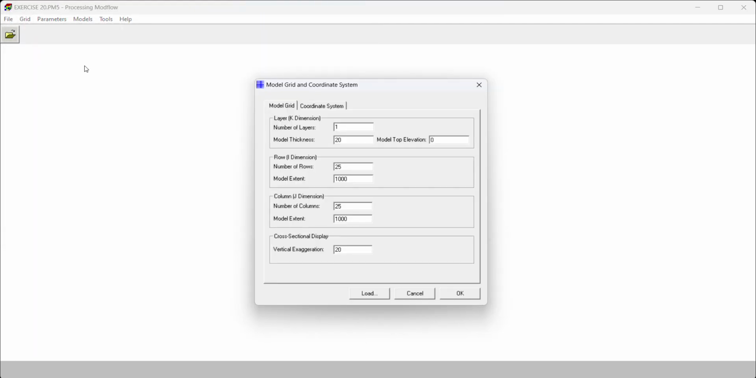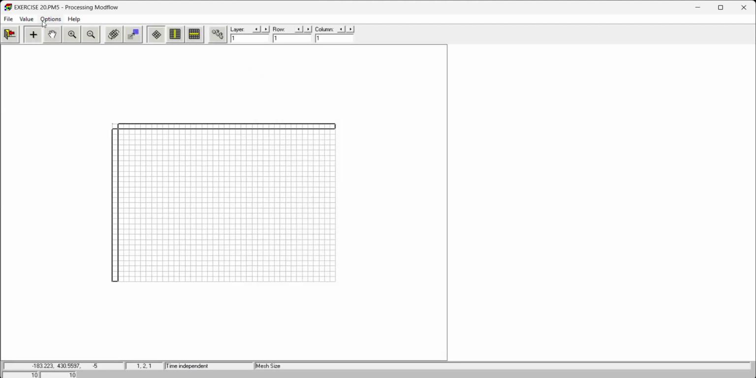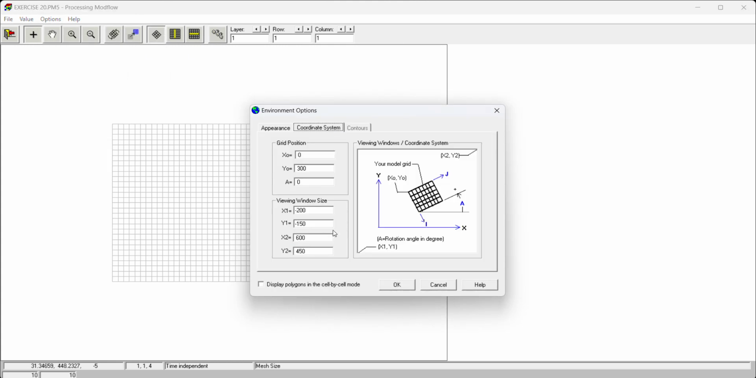First, sorry, first mesh size, number of layers 2. Number of rows 30, model extends up to 300 meters. Number of columns 40 and extends up to 400 meters. As you know, like in the previous video, to remove the extra area of the sheet, go to options, environment,